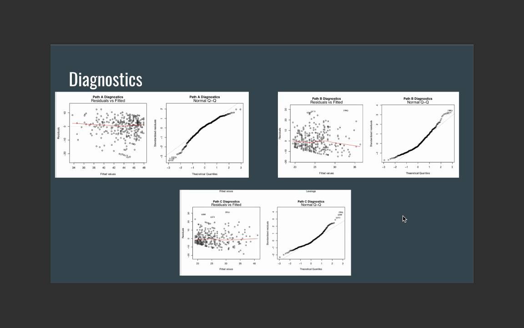So I ran diagnostics to see if the linear models met the Gauss-Markov regression assumptions. Looking at the residuals versus fitted plots, we can see that we have independent residuals for each model as well as no issues with homoscedasticity. Looking at the normal QQ plot, residuals seem to be slightly skewed. Because of this, we should be cautious in interpreting the results of the model,